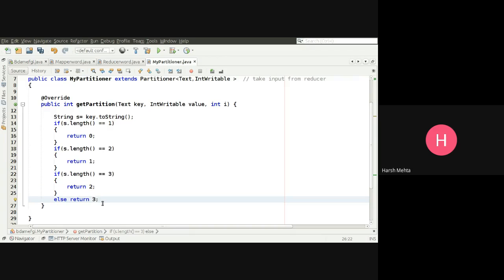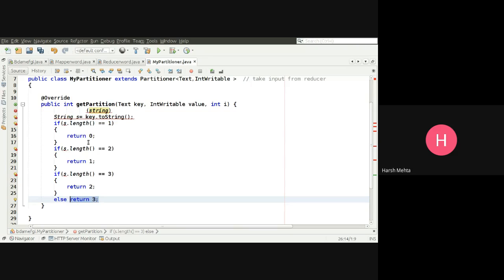Now, what if a key comes with a length of more than 3? Let's say the key is the word "string". What's the length of string? You see, 1, 2, 3, 4, 5, 6. What if this 6 character long word comes? Where do we put it? If we are not putting it in these 3 partitions, we have to define one more partition, which is the default partition.